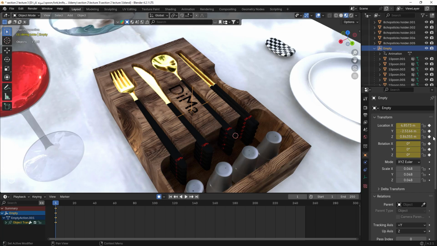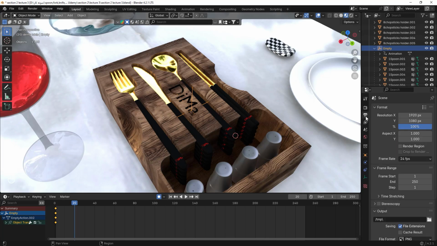Then we enter the output section in the properties. Now in the frame rate section, it is on 24, which we set to 30, which means that every second is 30 frames. As you can see, we created a keyframe in frame number 1, and then